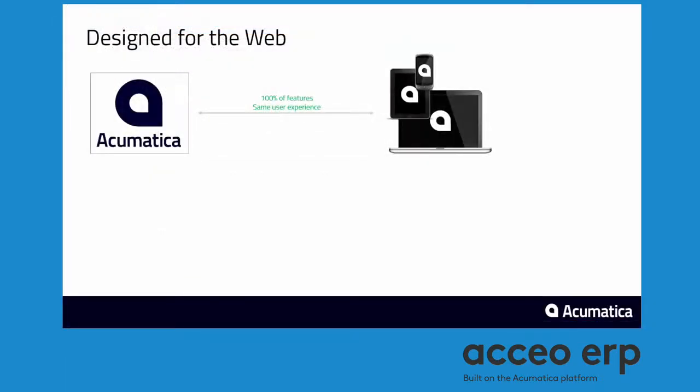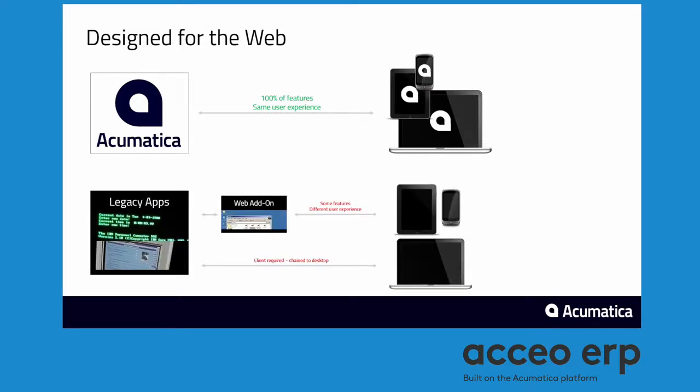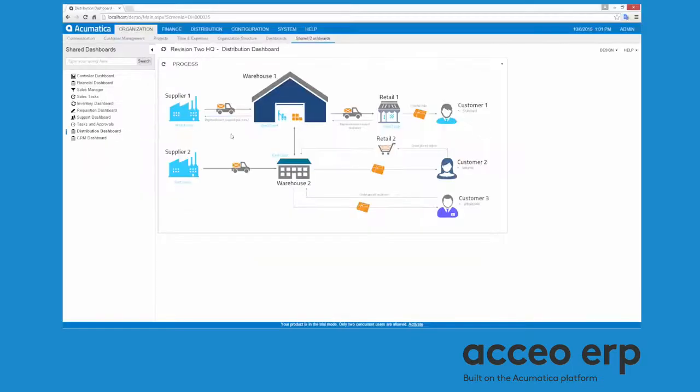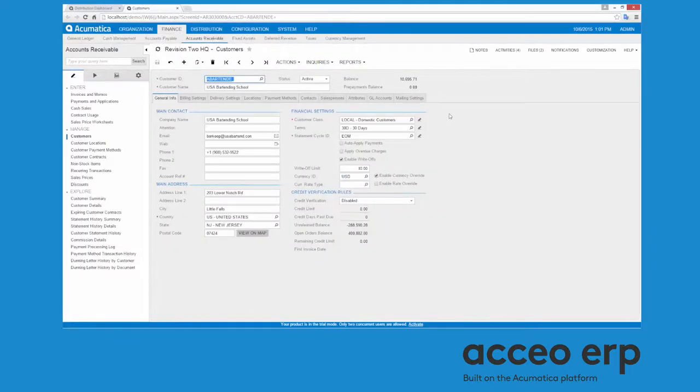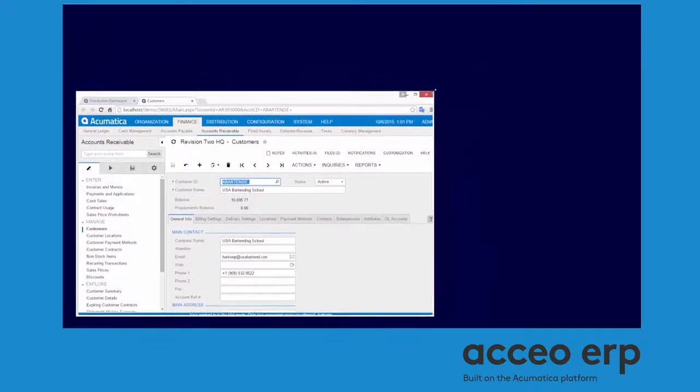Acumatica was designed for the web, so users get the same experience from anywhere without complex VPNs or additional applications. Unlike legacy systems that expose a fraction of their features, 100% of the Acumatica experience is available from a browser-enabled device, such as a PC, Mac, tablet, or smartphone. Acumatica automatically adjusts to fit the size of the screen you're using to provide an optimal experience for your chosen